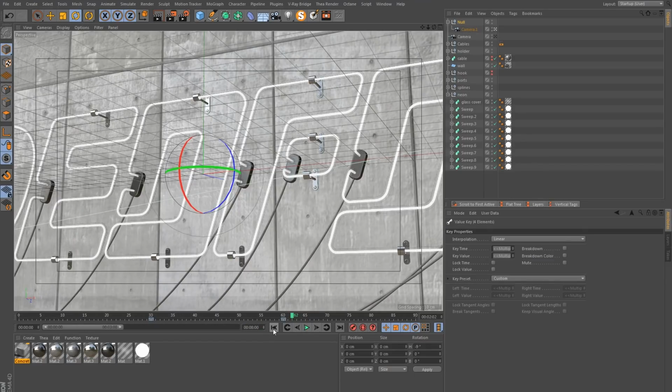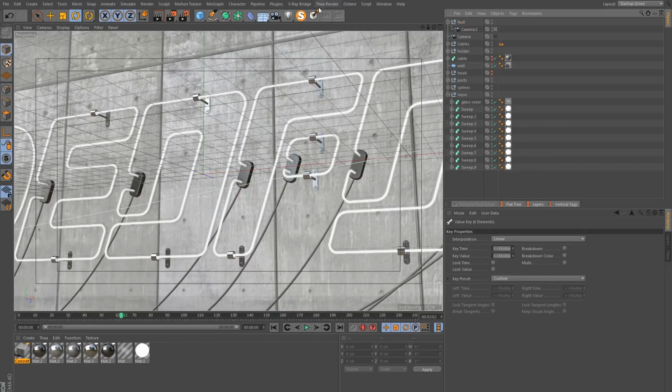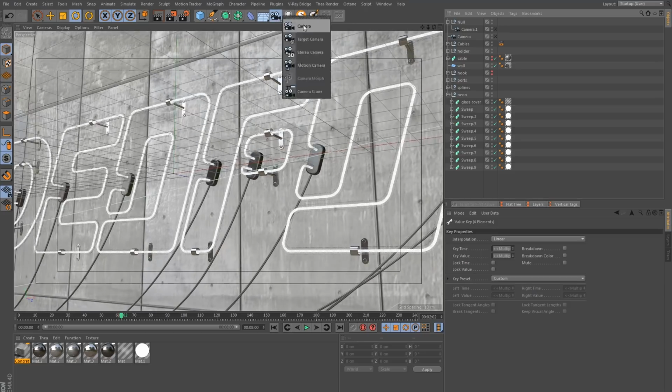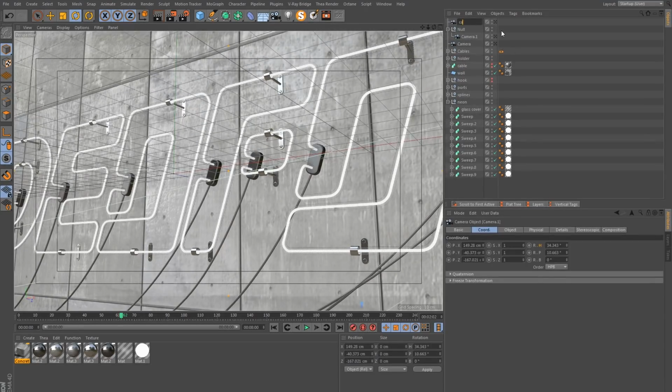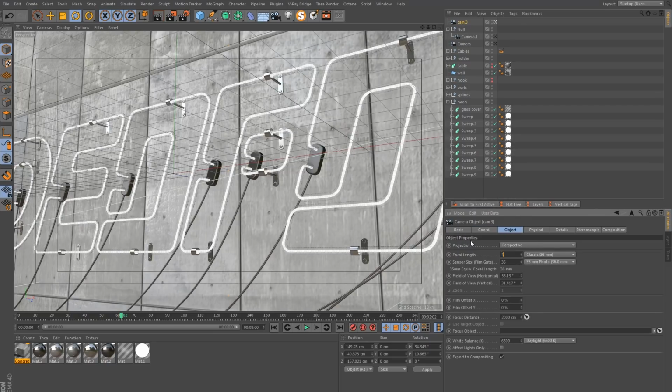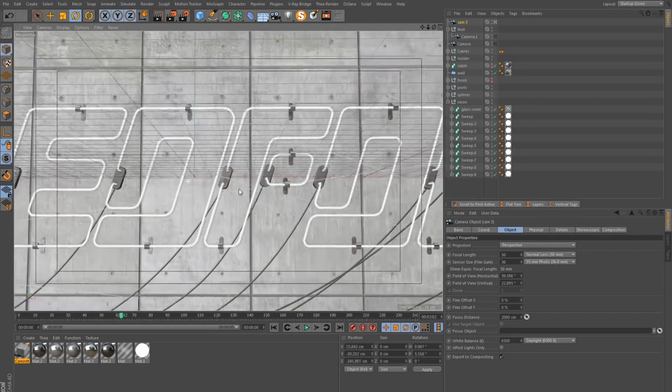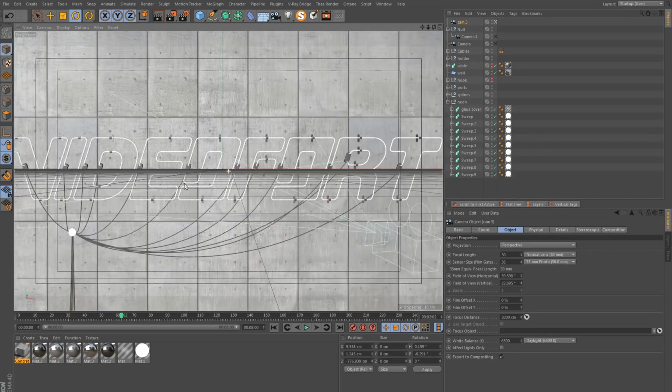Let's extend our timeline to 8 seconds and get a third camera. This will also be 50 mil, except it's just going to be straight on.